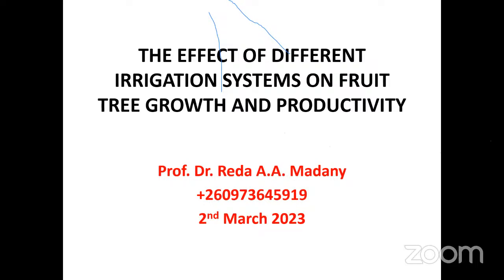But remember, Linda, that if you are using drip for fruit trees, avocado for example, the planting distance will be greater, meaning that the cost per hectare will be less than these amounts. For avocado trees or fruit trees in general, it can cost up to 28 to 30,000 kwacha per hectare.